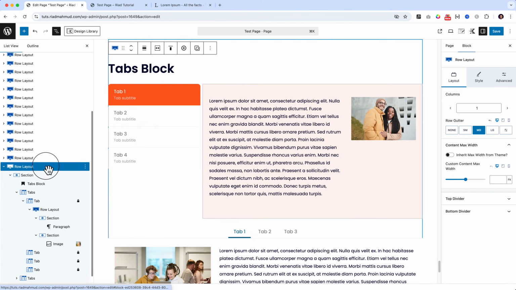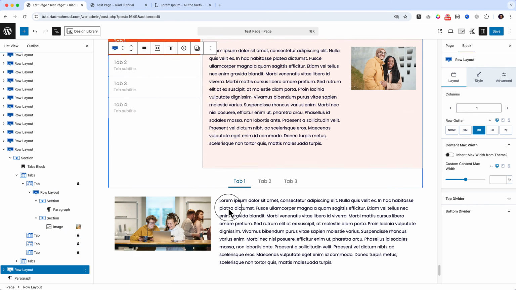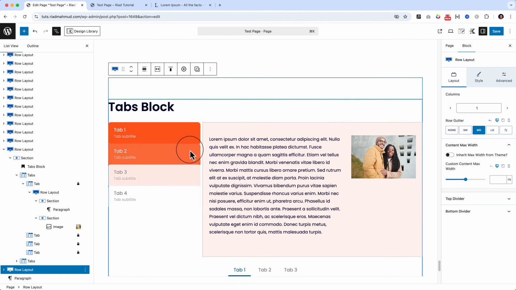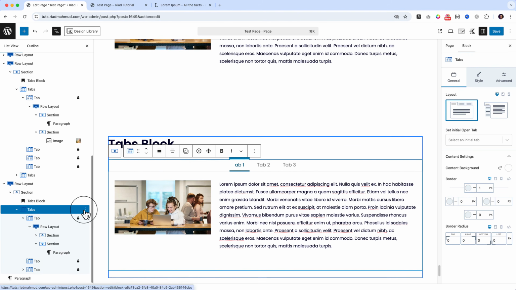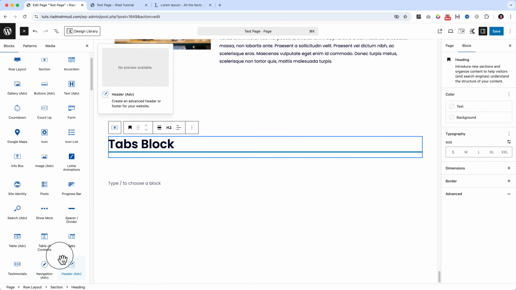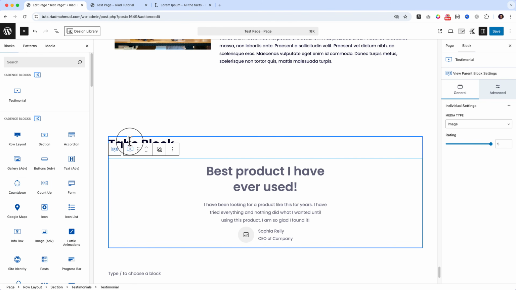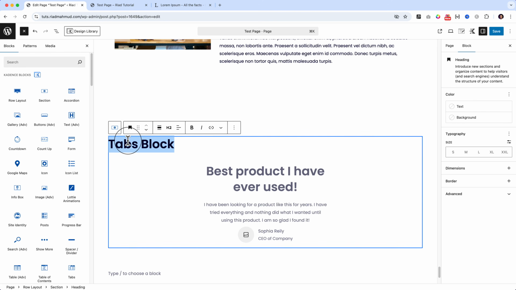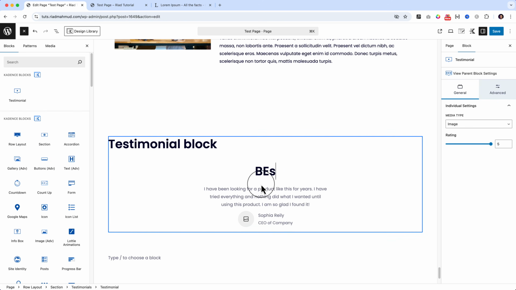Now let's duplicate this one and remove the tabs item and click on this plus icon here. The next one is testimonial. So type here testimonial block. So this is a testimonial block, like best